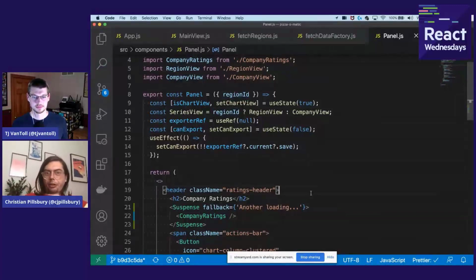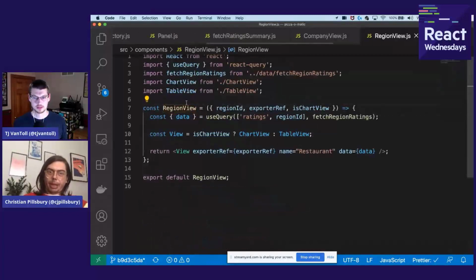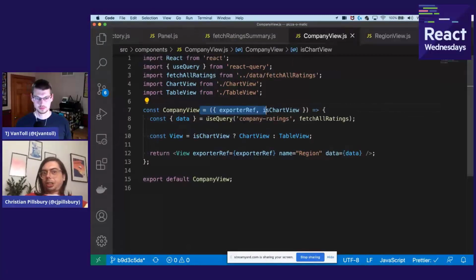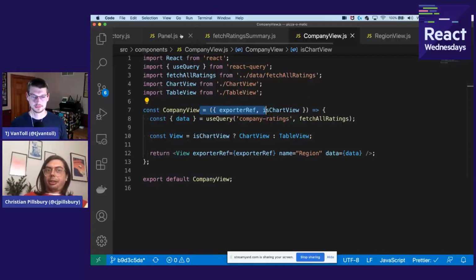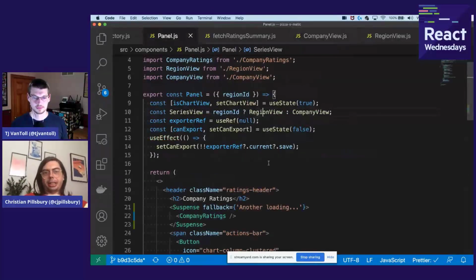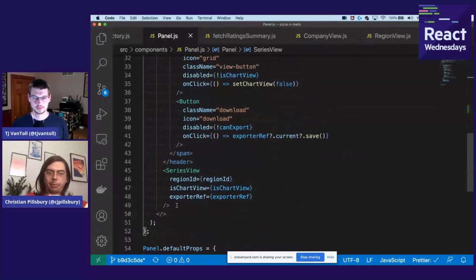So these are wrapping a region view and a company view. And remember, the region view is one place we're making one query, and the company view is just making a slightly different query to get the data. So since those are being decided here, we just need to wrap it one time right here